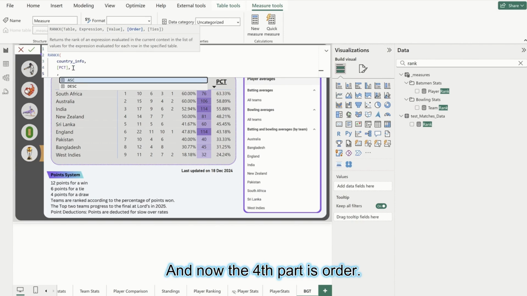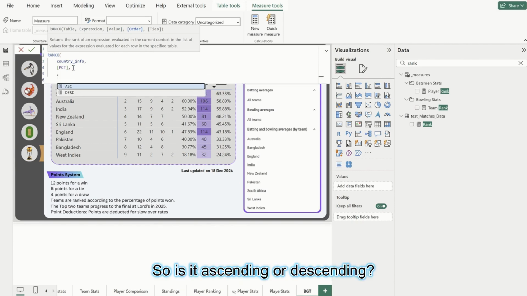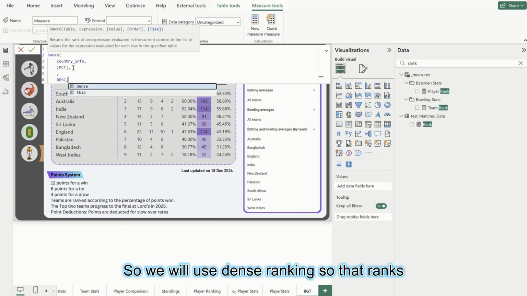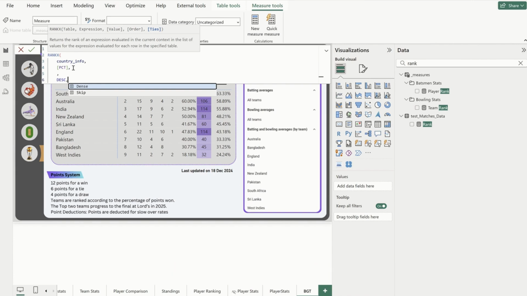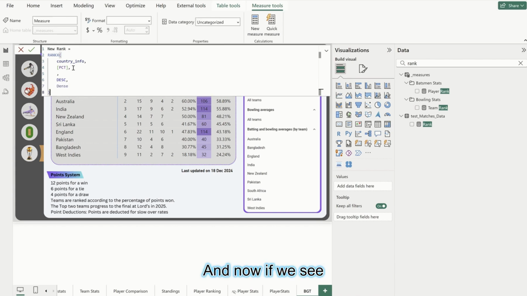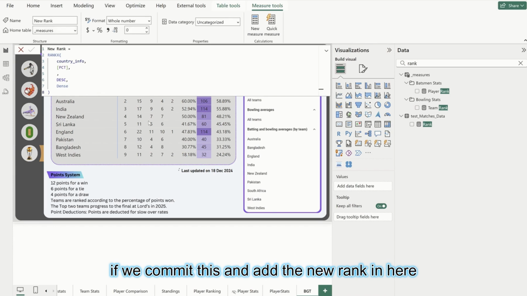Now the fourth part is order. Is it ascending or descending? I want descending, right? Because the highest percentage should have the lowest rank, that is 1. So highest percentage means rank number 1. I'm saying descending. And now the last is ties. We have dense or skip. We will use dense ranking so that ranks don't skip if there are ties. So I'll say dense and then close the bracket. And now if we commit this and add the new rank in here,